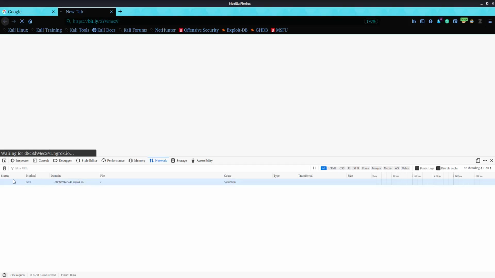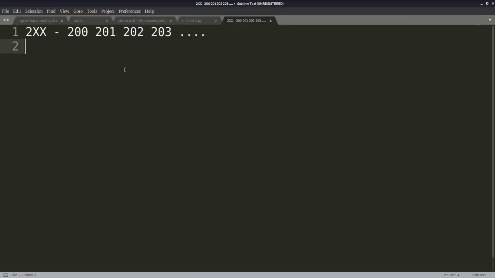I will see a status code of 300. Maybe this bit.ly link has been expired, I guess, so that's why it's not working. Okay, so the second type of status code is 3xx. This means 300 or 301 or 302 and so on.